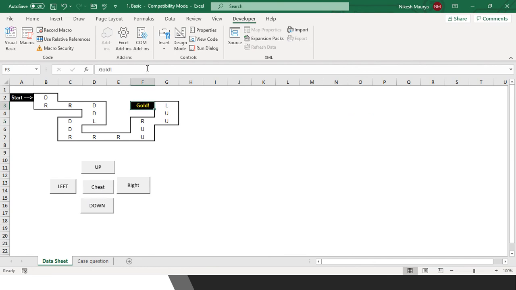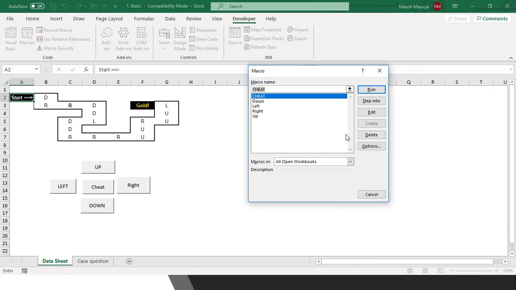Then if we want to move from F3 to A2, how can we do it? Right, down, down, left, down, down, left, left, left, left, up, right, up, left, left. This way a macro does your task and it helps you perform all your operations with some button clicks. Here you are doing something with the help of a click, but behind the macro it is nothing but some kind of logic being written.